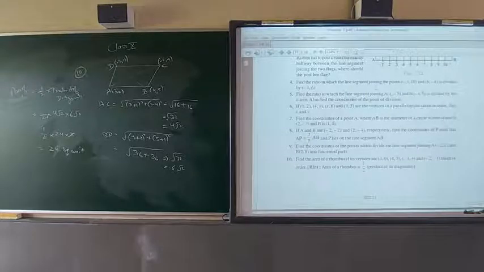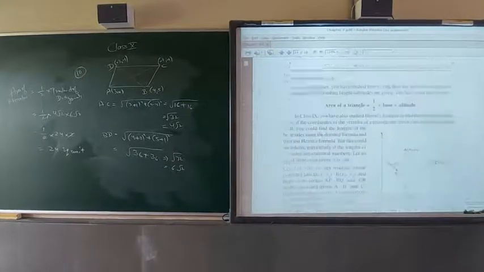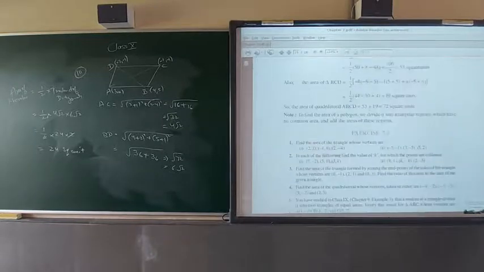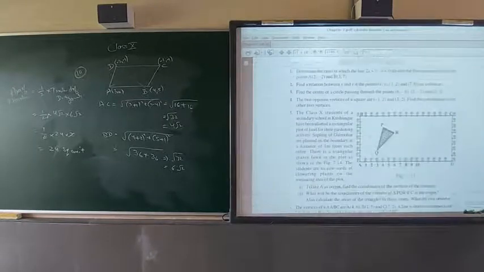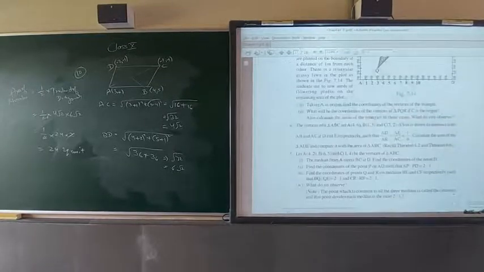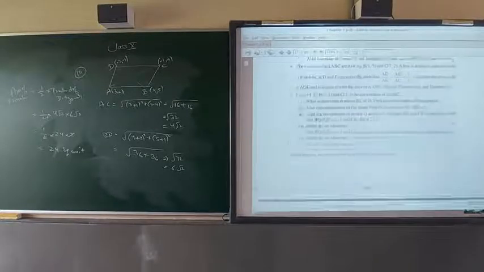So finally our exercise is completed. I think you are all aware that the third exercise, 7.3, is already deleted, so there is no need to do it. In the miscellaneous exercise, only some questions we have to do. The fourth one is an optional exercise. We will do the first one, the third one, the fourth one, and I will see that one also.